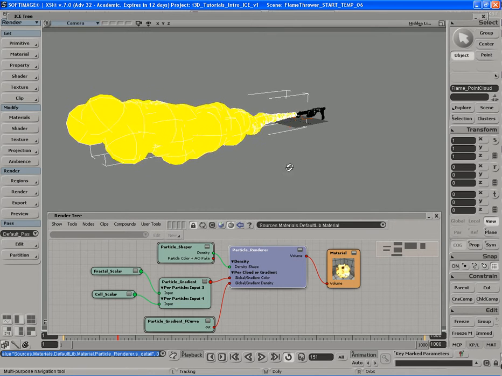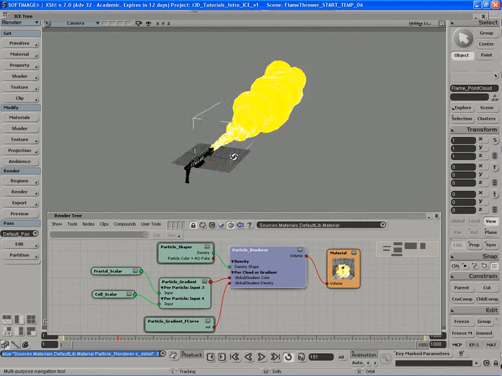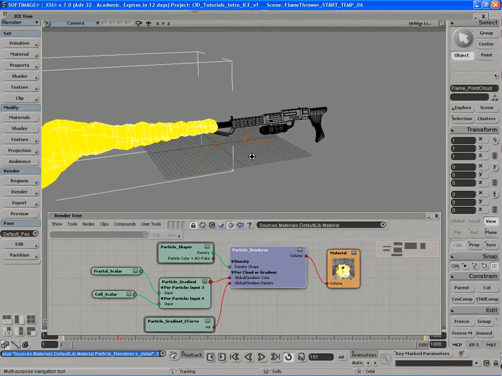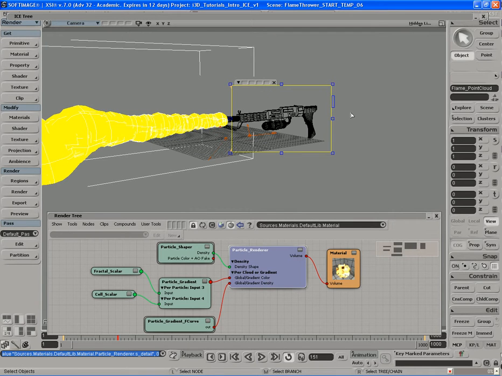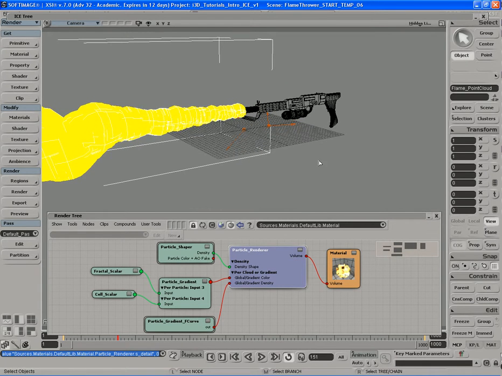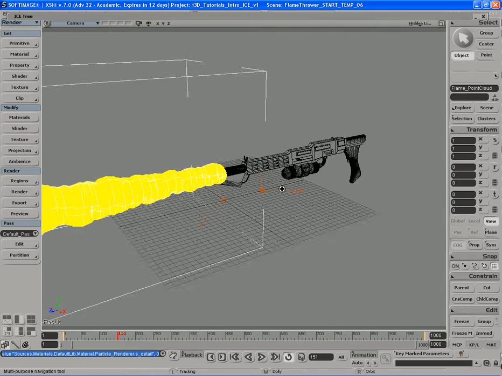The next thing we need to do is set up some lighting for this particle cloud. If we render out the FlameThrower here, you'll notice something strange. Even though you have this really hot bright fire over here, it doesn't seem to be lighting up our FlameThrower, which in real life would be the case. The FlameThrower would be brightly lit up, almost like there's a huge light over here, and there is light being emitted from the flames. So let me close this, close the render tree out,